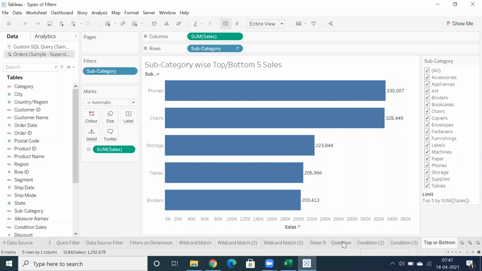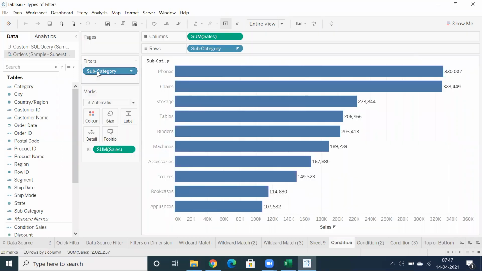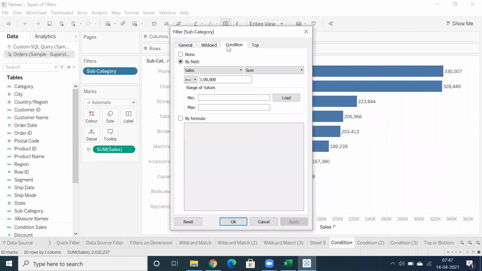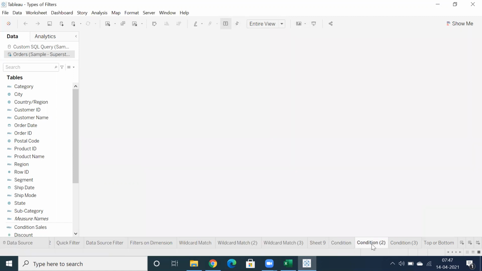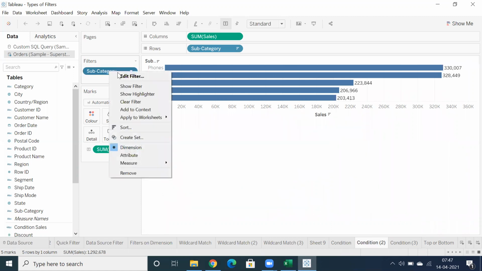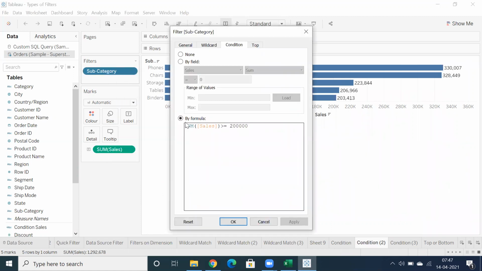So you can straight away drag and drop any of the dimensions and simply go to condition, and you can choose the existing option, that is by field, and you can choose the condition based on the values. Okay. We also did another option. You can drag and drop the filter into the filter shelf, but you have this option, by formula. We don't prefer this particular option because we can write a calculation. But yes, this is also flexible, where you can write a condition by using a formula.